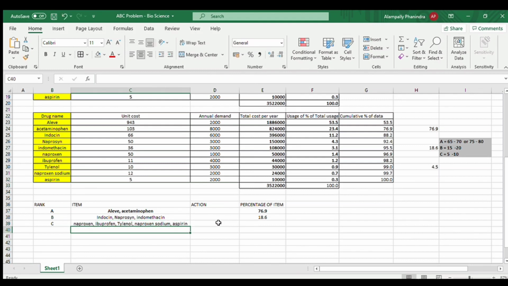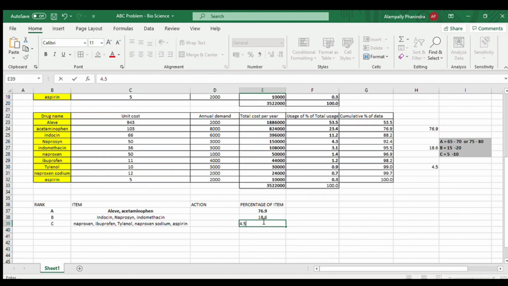That's it. Now coming to the percentage of item. What is the percentage which you will get? 4.5, right? So these are the percentages of the items which I have placed here, which are categorized under these ranks, which are A, B, C. Okay.